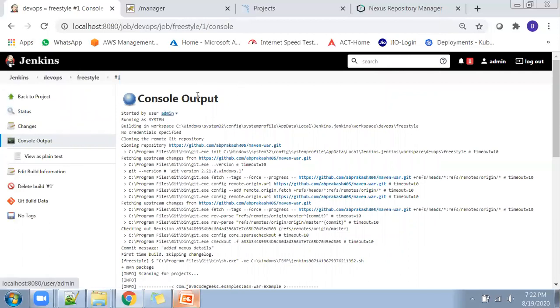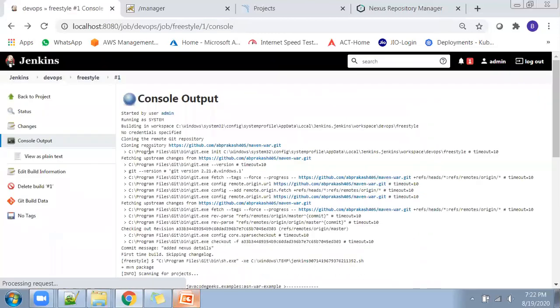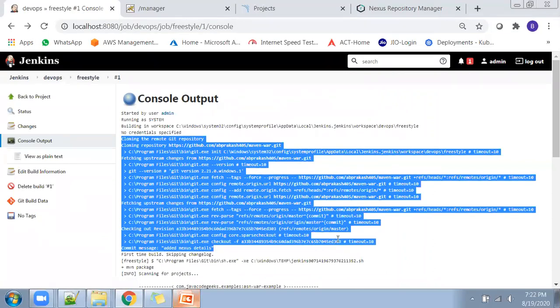The same console output you can also observe in plain text. So it all depends on you. I wanted to see the console output here. See what is happening. As I said, code means it has to get the code from the GitHub repository. That is why it cloned the GitHub repository content to the local machine.